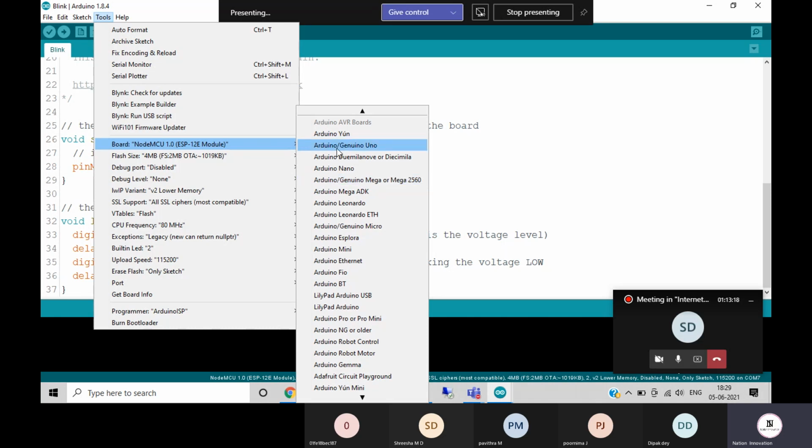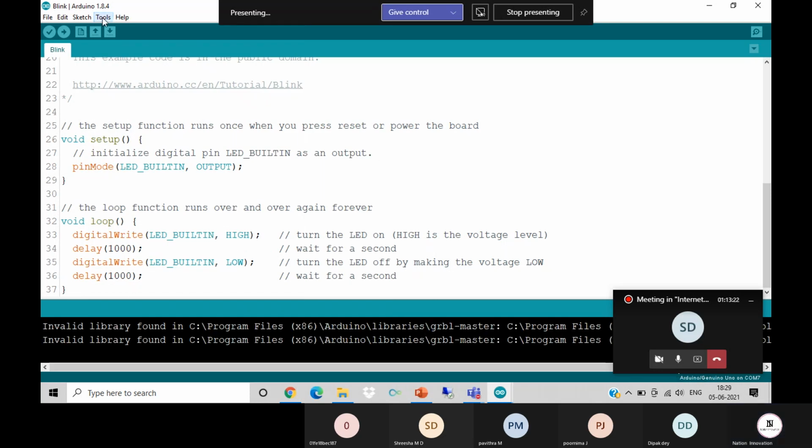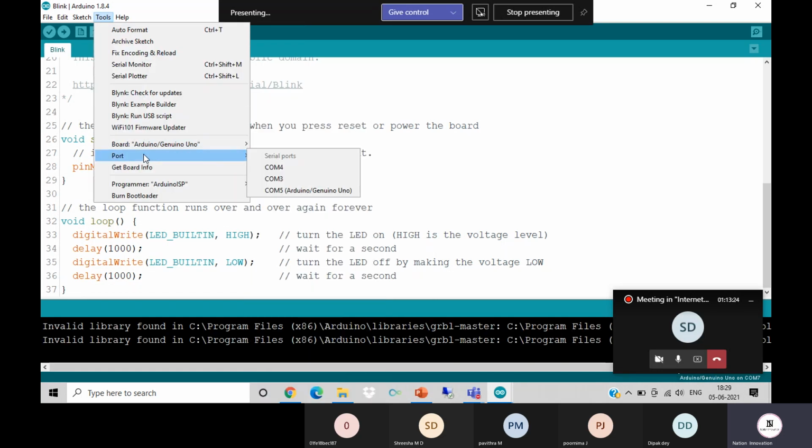Then in the Port section, which is very important, we check for the correct port, which in this case is my Arduino on COM port 5.